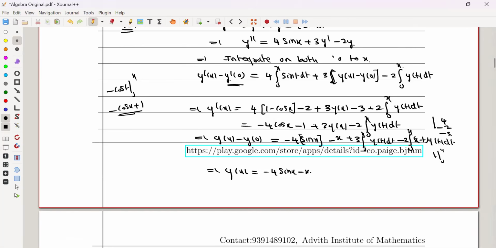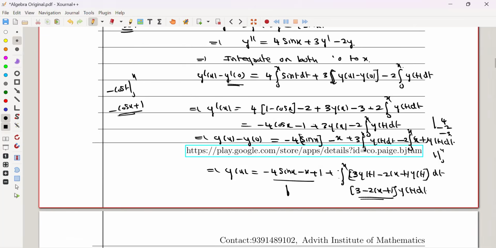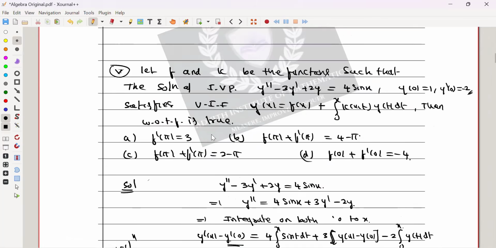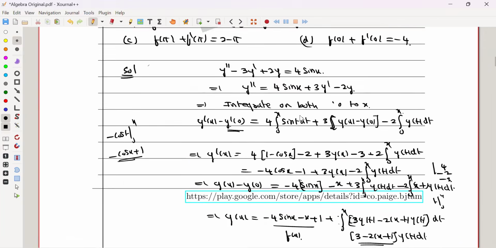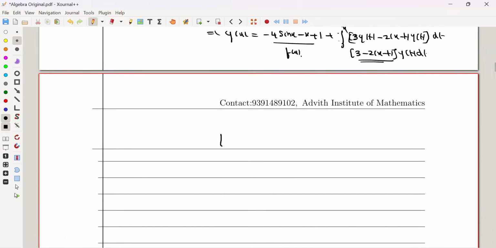So plus y of 0, that side comes, sir, plus 1 plus integration of 0 to x 3 into y of t minus 2 into x minus t y of t dt. Y of t dt. So take y of t common here, then you will get 3 minus 2 into x minus t into y of t dt. So which is the kernel, and this one is f of x. So compare with this given Volterra integral equation y of x. So f of x equal to what? So f of x is equal to 1 minus x minus 4 sin x,